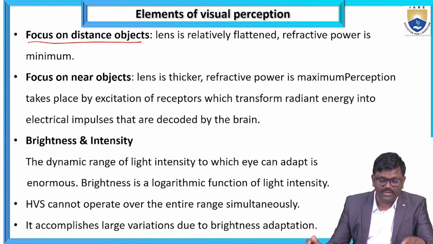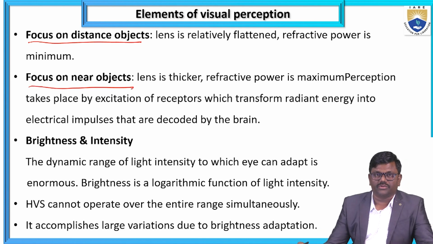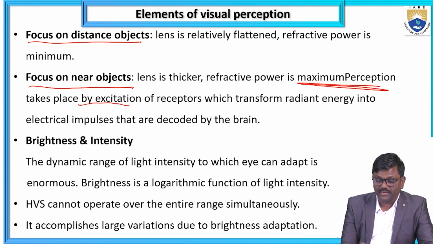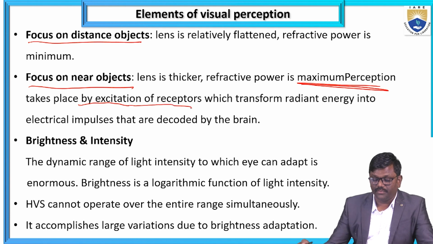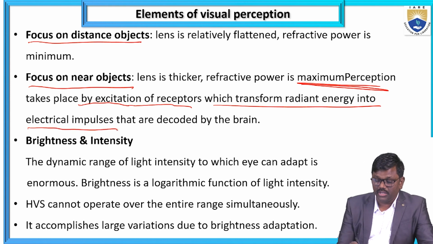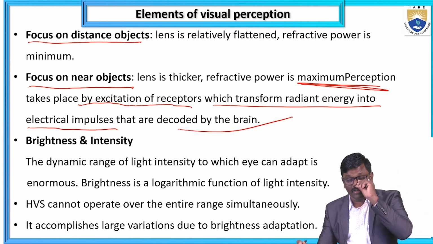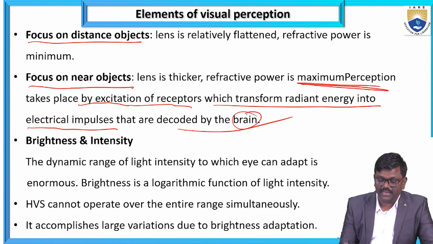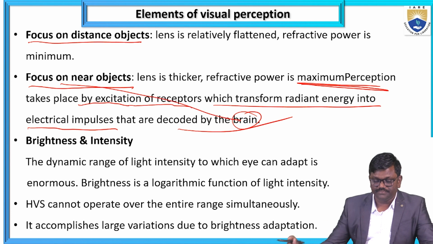Okay. So next one is focus on near objects. For near objects, the lens is thicker. The lens is thicker, and the refractive power is maximum. Perception takes place by excitation of receptors, which transform the radiant energy into electrical impulses that are decoded by the brain. That are decoded by the brain. So your brain is connected to your focus